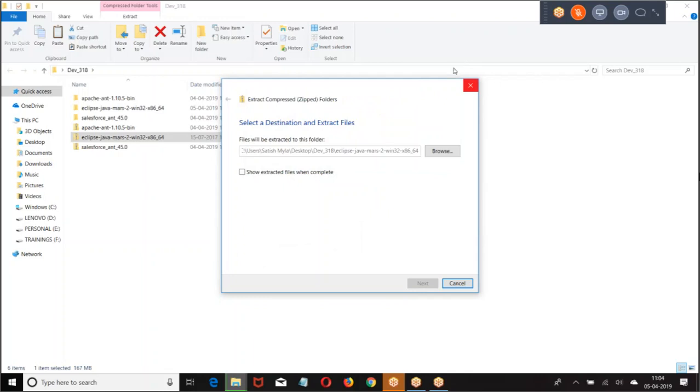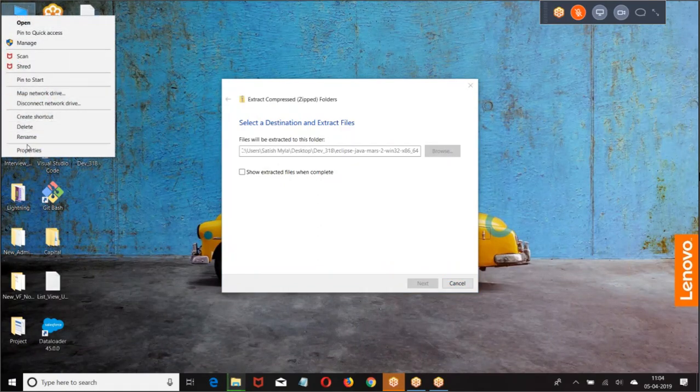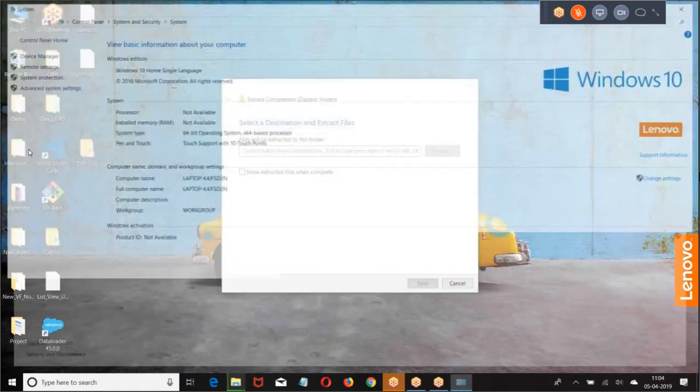Right. So let us start the ANT deployment one more time. Let me remove the existing settings, what I have already set.